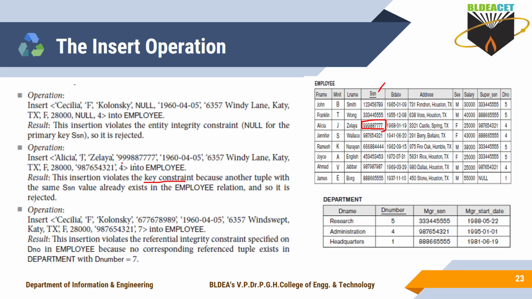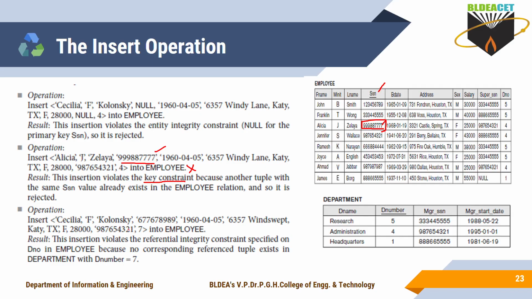Okay, while inserting, which constraint are you violating now? It is not a valid state because it violates the key constraint here. So that's why it rejects. And why does it reject? The reason is that this insertion violates the key constraint. What does the key constraint tell? For the primary key, values must be unique. Here I am trying to insert the same SSN value, that's why it gives a uniqueness violation here.